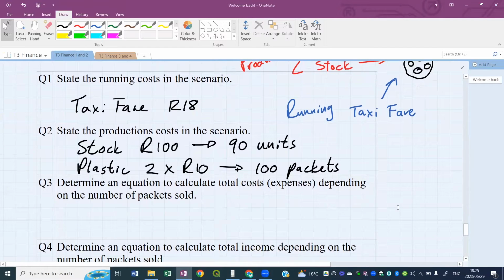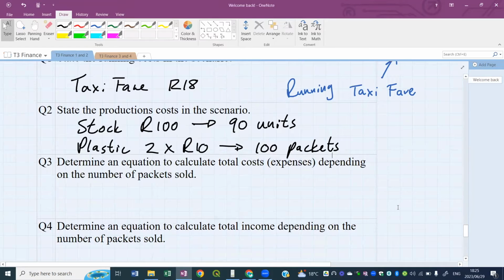Okay. Now, question 3 is the hard one. All right. Because now we're going to determine an equation. Don't freak out at the word equation. We're going to determine an equation to calculate the total costs or the expenses depending on the number of packets sold. Okay, now I'm going to help you with this one. You guys are going to do question 4. I'm going to help you with question 3 because you might not know where to start, but you'll probably be able to finish it. All right, so I'm going to write here total costs